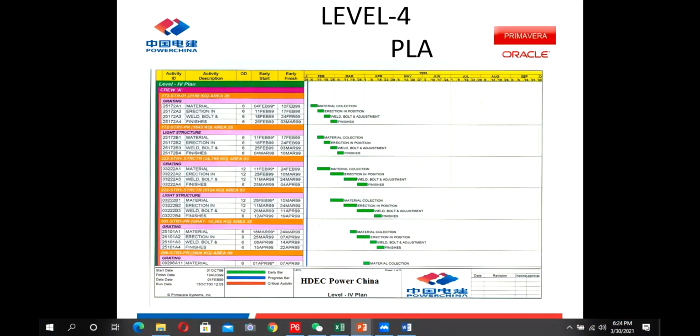For example, I gave you the example of tank fabrication. So in level 4, we just calculate that this is cutting, bending. So what will be its level 5? In level 5, we will have every part. For example, for nozzle, a separate WBS. For tank roof, separate WBS. For tank bottom, separate WBS, and we will plan its activities separately. Similarly, we can further go to other next levels also, but the common practice is we normally plan up to level 3 or level 4 as per our requirement.